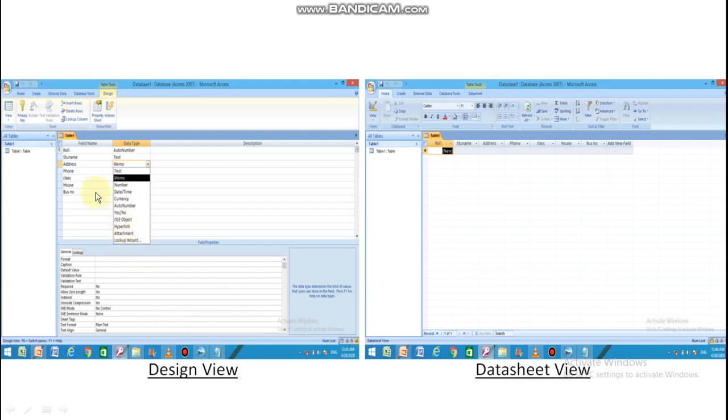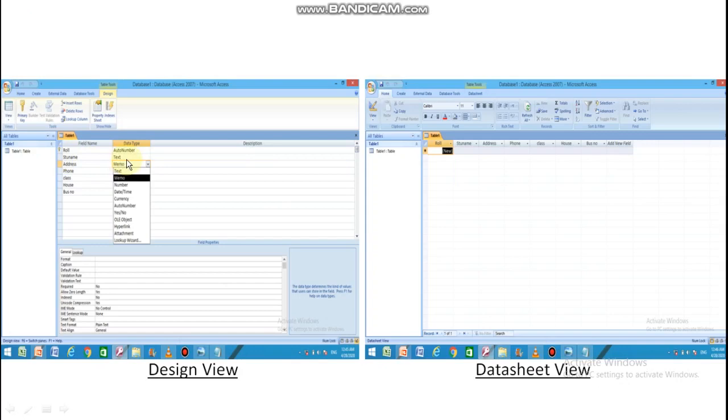As you can see in the diagram, this is a design view where we design the structure of the table. The structure of the table involves the various fields like roll, student name, address, phone, class, house, bus number, etc., and the data types of the respective fields.